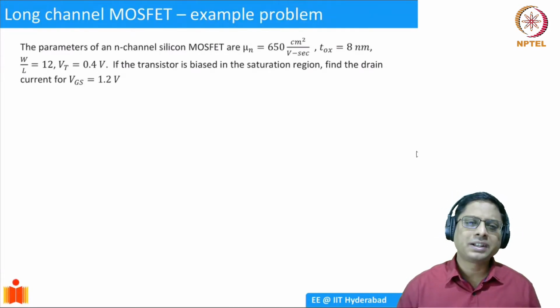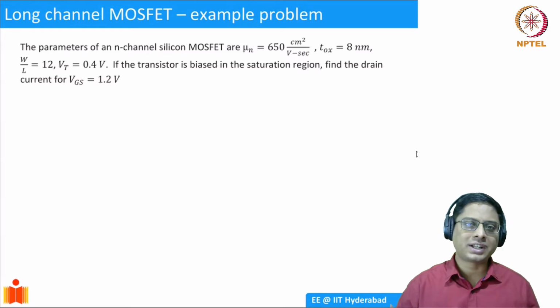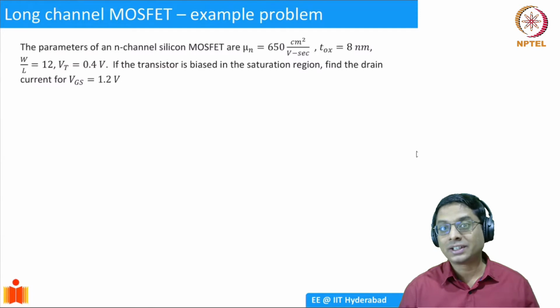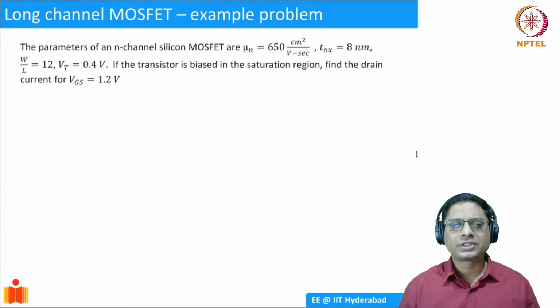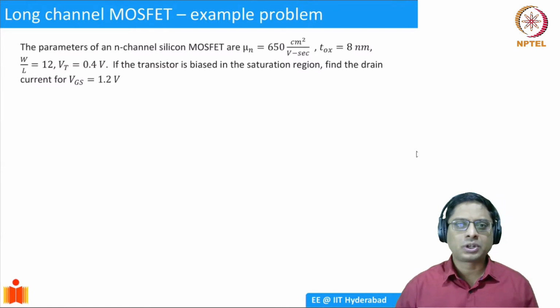When I say long channel, typically I could say that channel length is more than 1 micron. These were the traditional devices which were used in the 80s and early 90s. But after that, the technology has developed so much that the channel length became less than 1 micron. And when that happens, there are a lot of other short channel effects that come into picture that we will be discussing in the next week. Right now, when I say long channel, take the approximate channel length to be 1 micron, so that we don't have to worry. If you get to a small channel, then there are a lot of other effects.